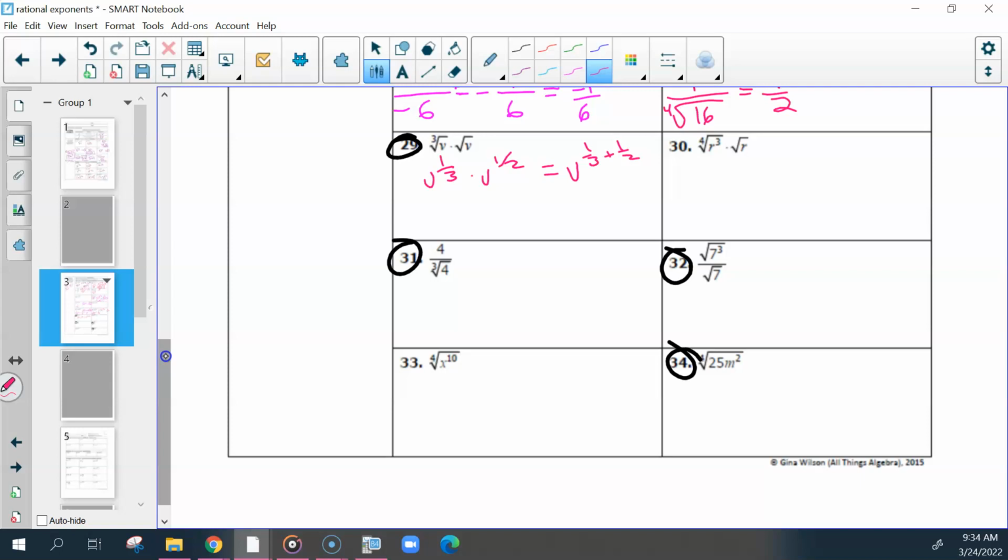Not 1/6, but it is over 6. 5, 5, 6. In radical form, what would that be? Can we simplify that? That's because